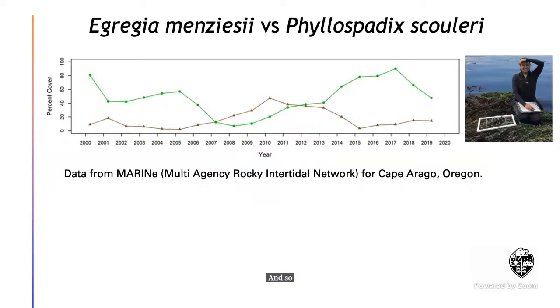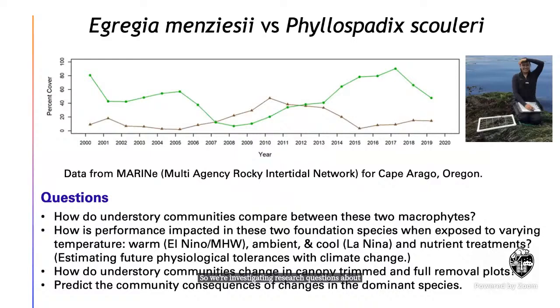So we're investigating research questions about how the understory compares between these two macrophytes. How will their performance be impacted by changing water conditions and nutrient conditions that are associated with climate change? And how will these communities change if we get a flip-flop of